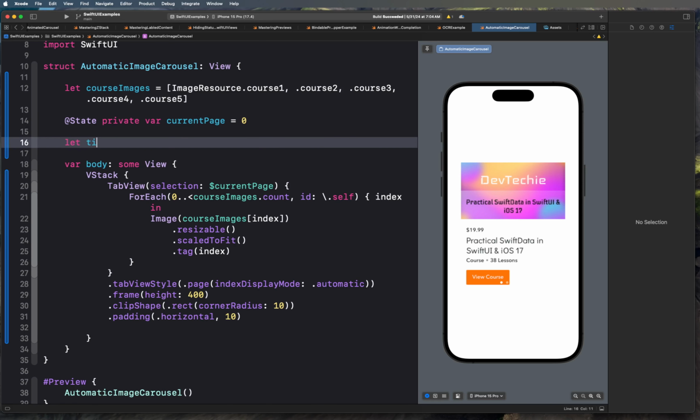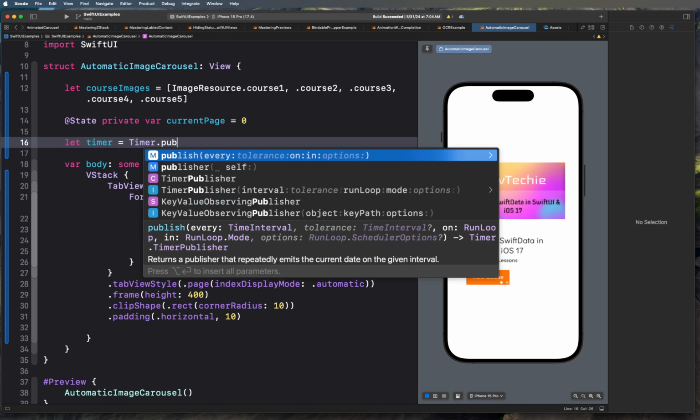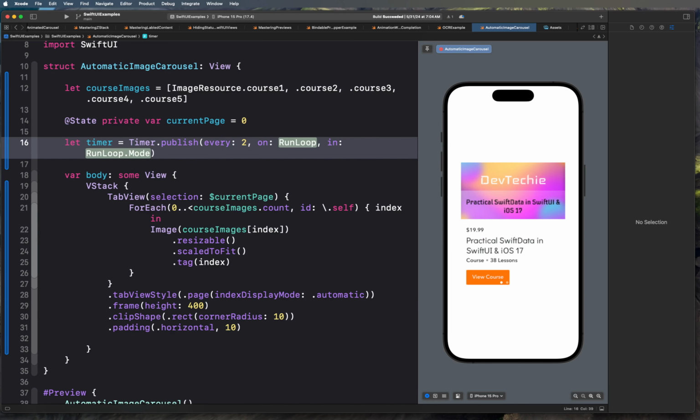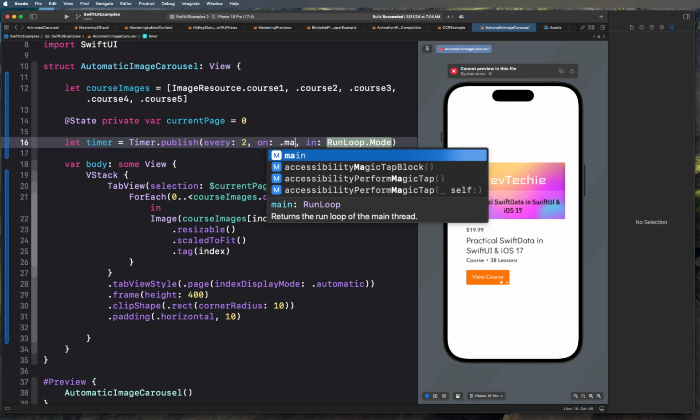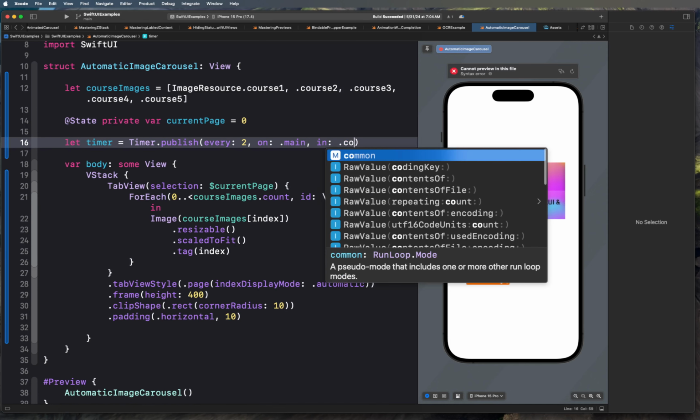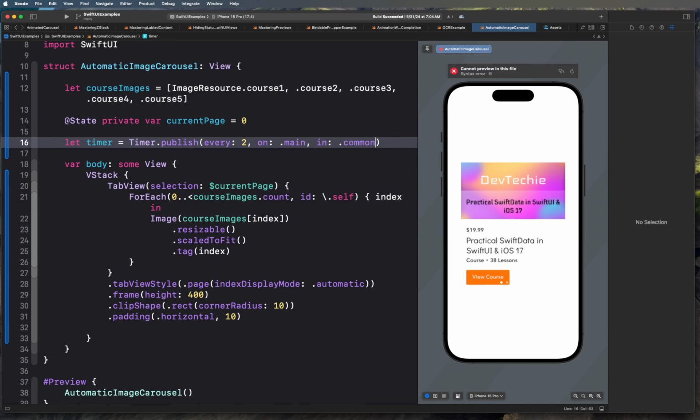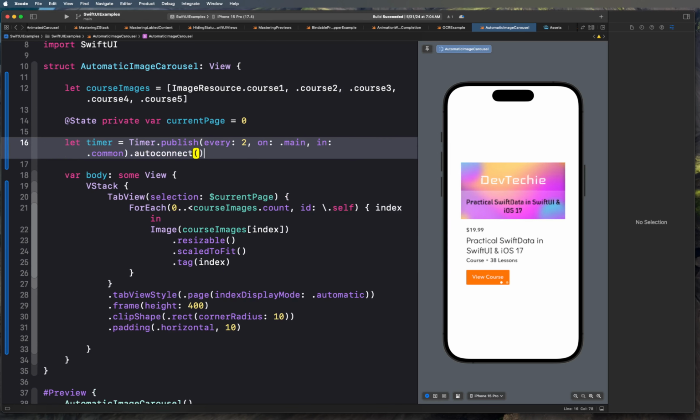Okay, so we're going to create a timer here, and we're going to say timer.publish, and it's going to publish every 2 seconds. It's going to run on the main loop, and then it's going to be in the common mode. Okay, then now we are going to auto connect, so it starts firing up as soon as it is initialized,